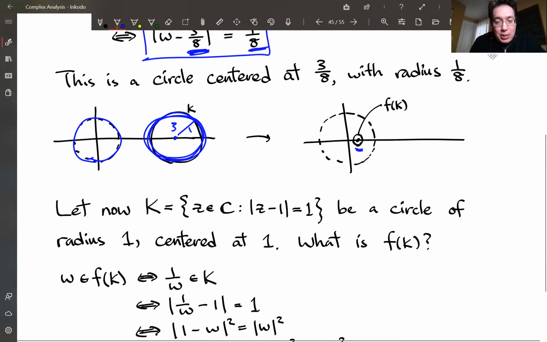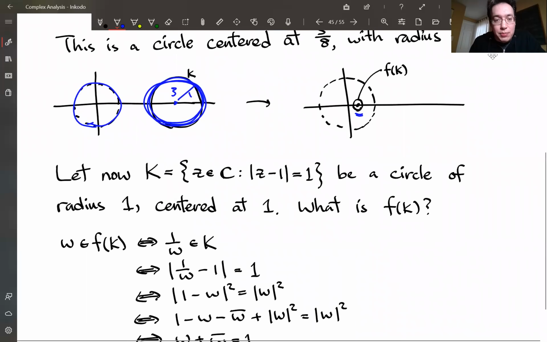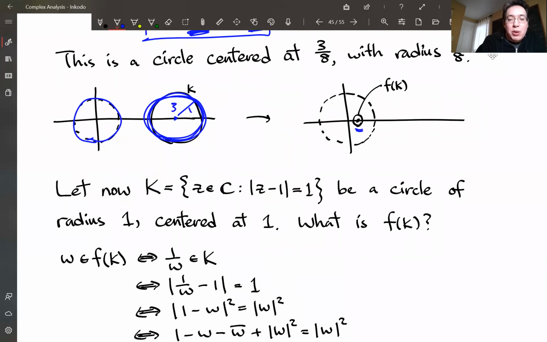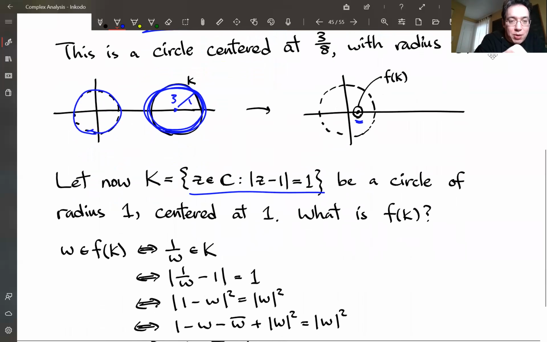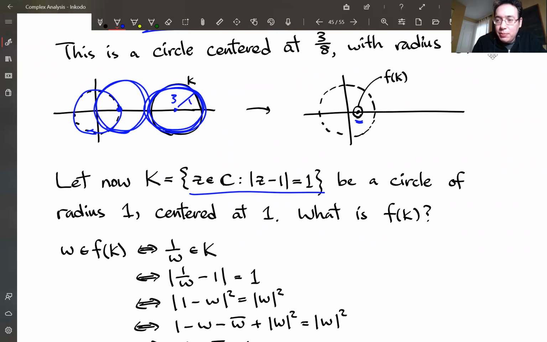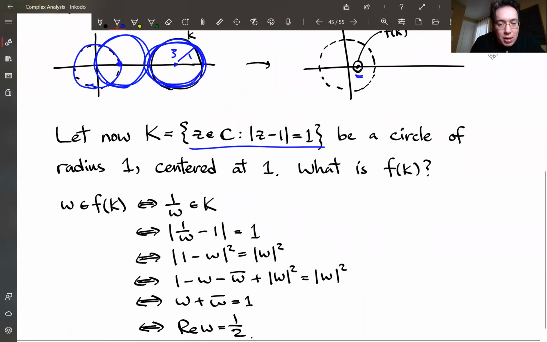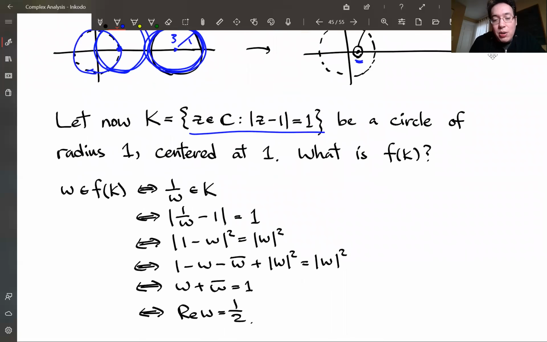So let's see what would happen to a different starting circle. Okay, so we're going to look at a circle of radius 1, centered at 1. So now I'm looking at this circle. All right, so we're going to go through similar algebra steps, but we're going to end up with something slightly different here. I'm not going to go through each step